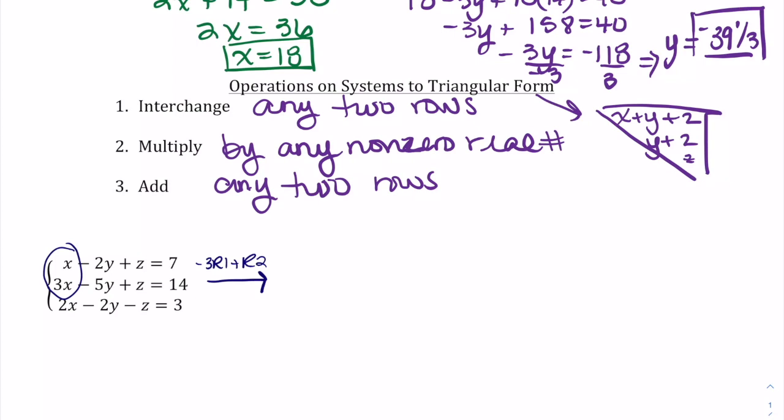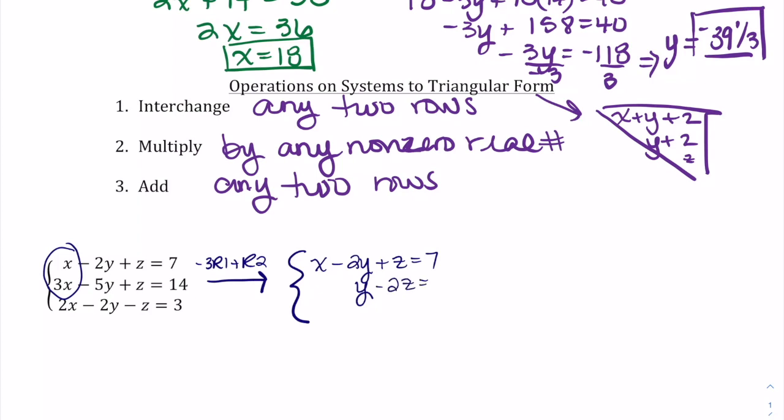So when I start to combine, we're going to let this new row that we're creating take the place of row 2. So I'm going to copy row 1 again, just like it is. And then I'm going to perform this operation that I have over the arrow, and that's going to go into row 2. So -3x plus 3x is going to give me 0x. -2 times -3 is positive 6y. Positive 6y take away 5y is going to leave me just with y. -3z plus z is going to leave me with